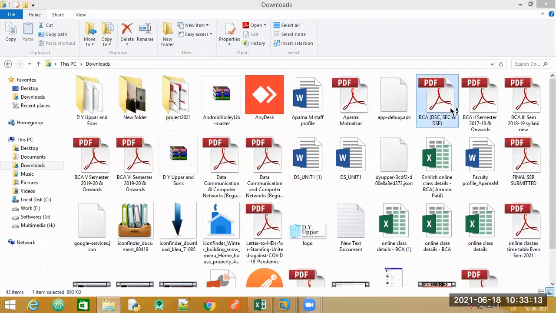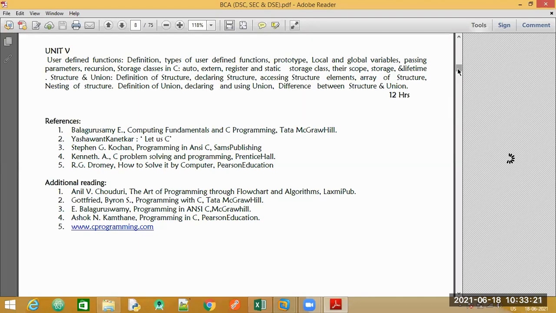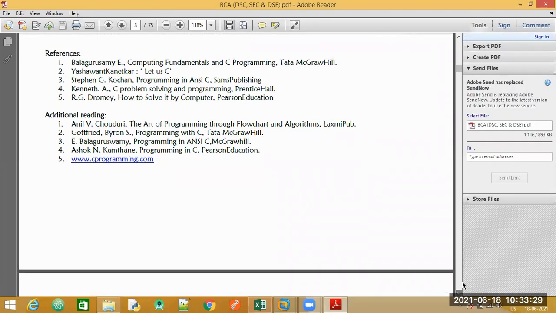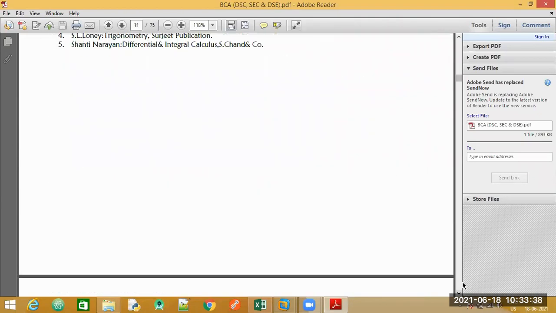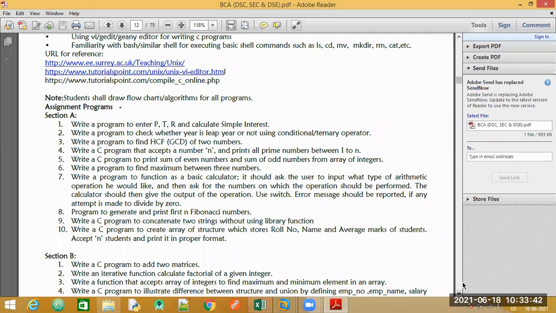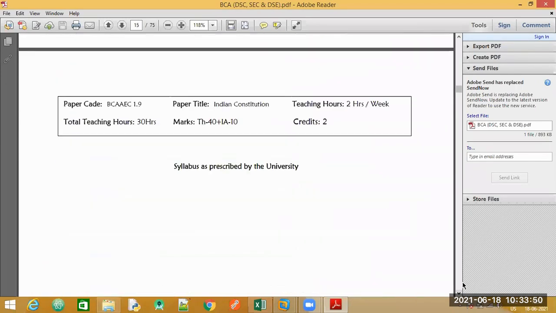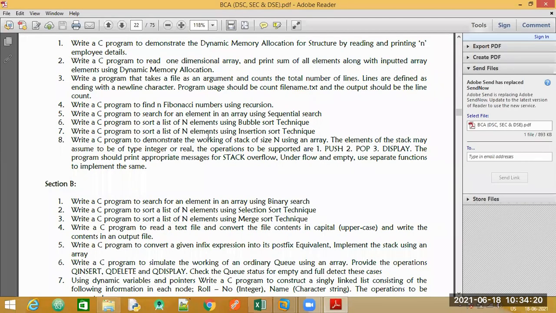We'll have a look at the syllabus copy, the practical set of programs, okay, from your syllabus copy. So we are going to do the second one.